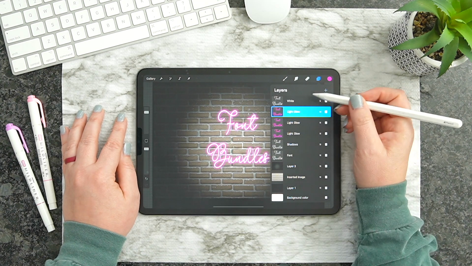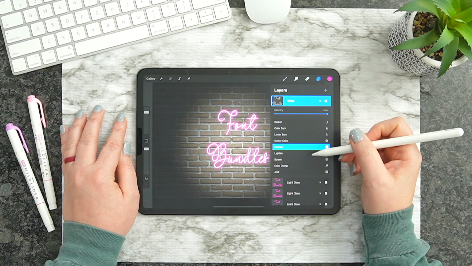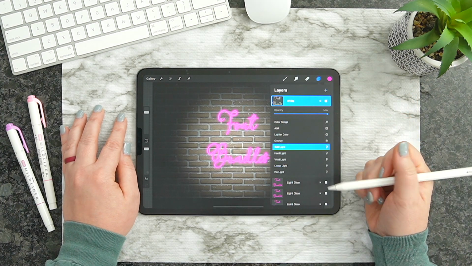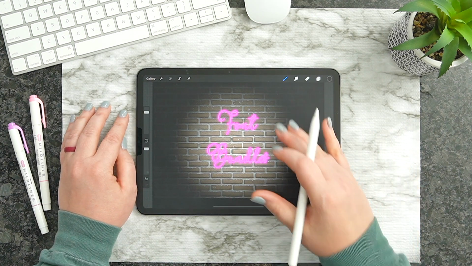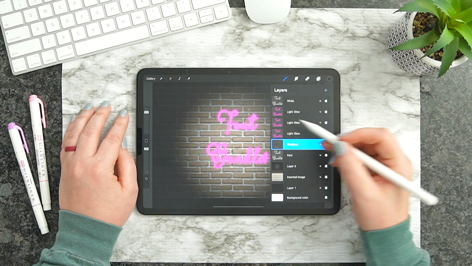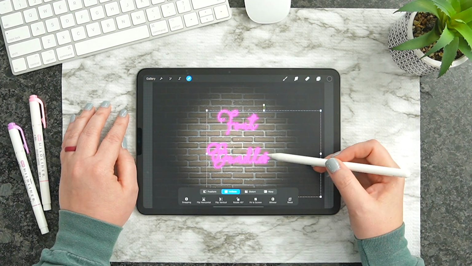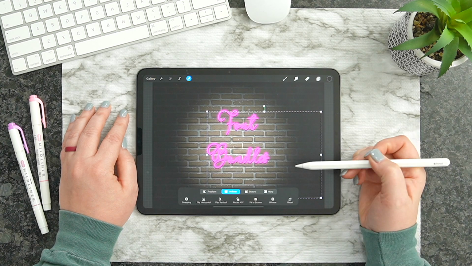Now what we want to do is click on that white layer right here. We're going to click on the N, and we're going to go to soft light, which is right here. So you guys can really see that change even further. To add your shadow and light, you can simply click on your layers, click on shadows. I'm going to hit the selector tool, and then you can simply just bring it down and over to the right a little bit to get a nice shadow.